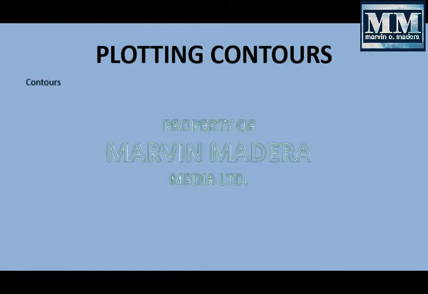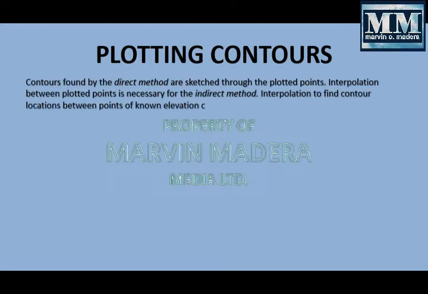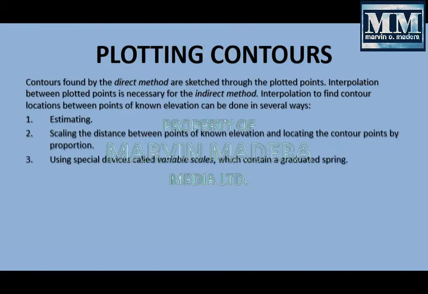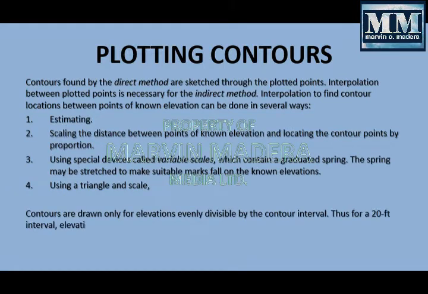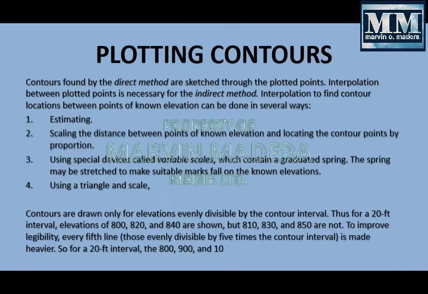Plotting contours. Contours found by the direct method are sketched through the plotted points. Interpolation between the plotted points is necessary in the direct method. Interpolation to find contour locations between points of known elevation can be done in several ways. First is estimating. You have to estimate the location of the contour. Second is scaling the distance between the points of known elevation and locating the contour points by